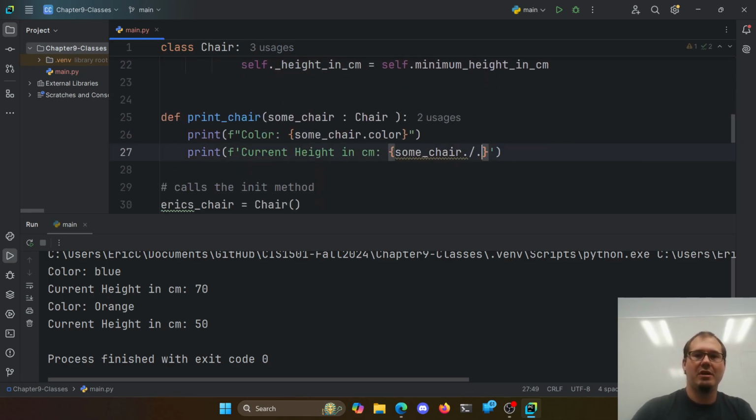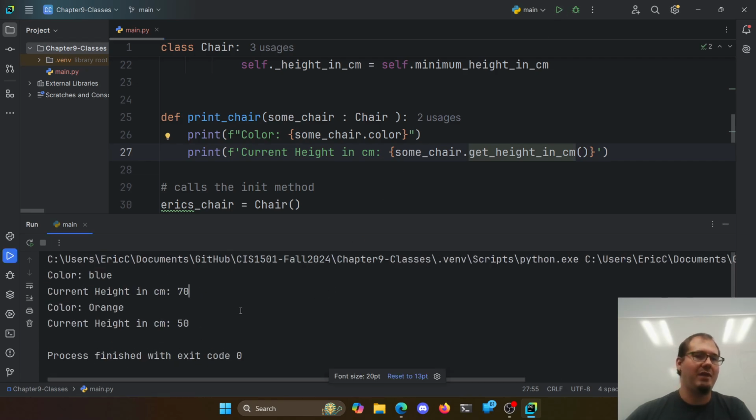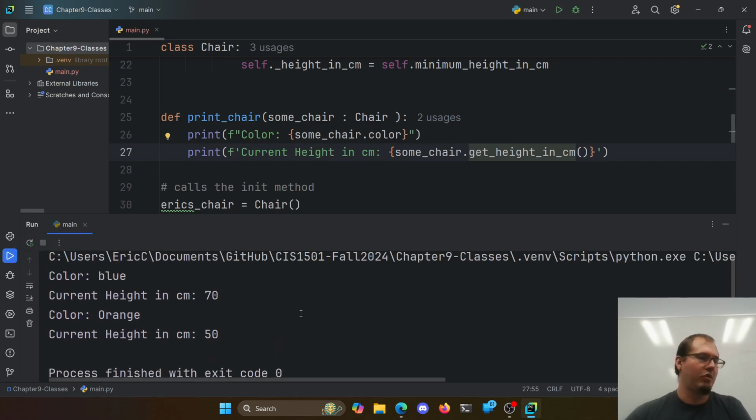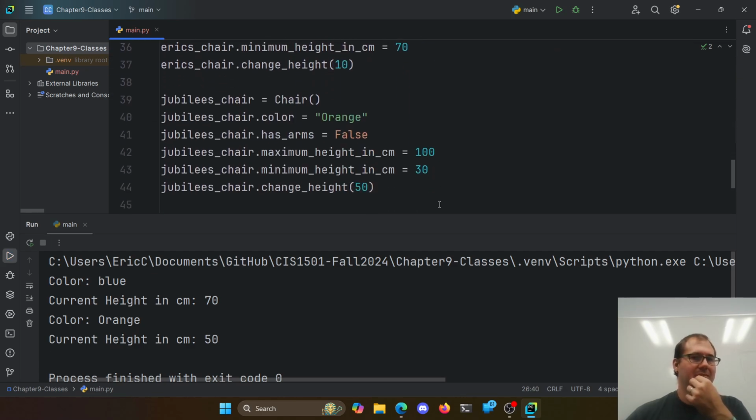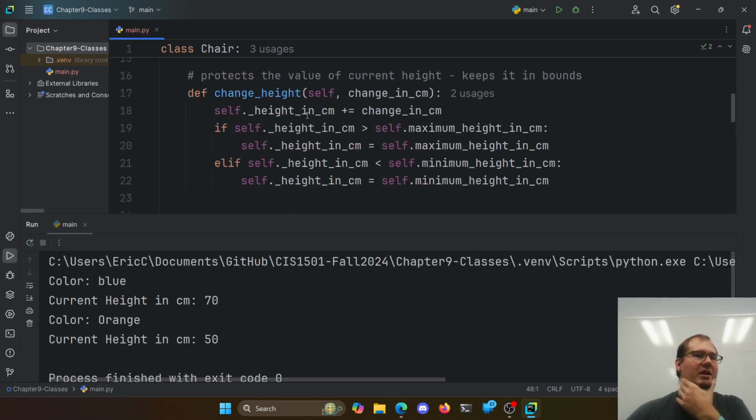So now I can say some chair dot get height in centimeters. Again, we don't have to give itself, right? Because it's whatever the chair is that I was given here. It will go and get that value back out. So I can give you access to that value here, and we're good to go. So here's chair. Now,